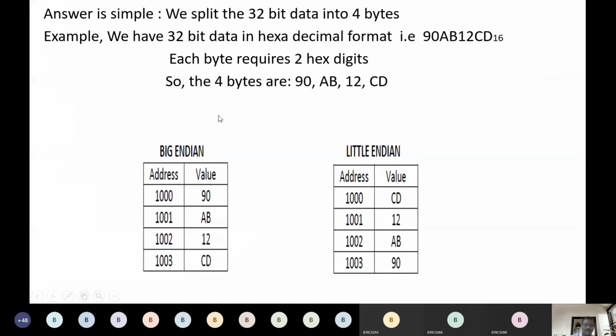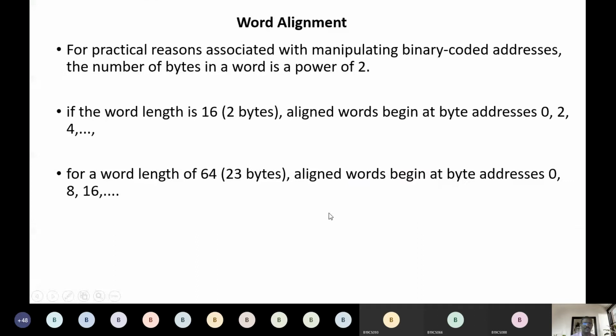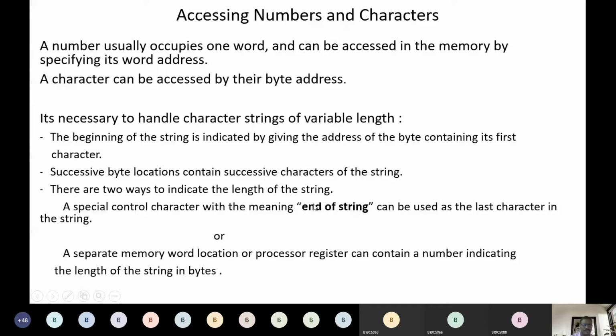And this we also saw in hexadecimal. If you want to store it, split it into 90, 80, 12, 60, and each one can be stored in a single byte. 90 hexadecimal is stored in a single byte. This is all in hexadecimal format. One byte each, 4 bytes, 32 bits. Big endian, little endian, we are done with that in the last class. This one you can also go through once.